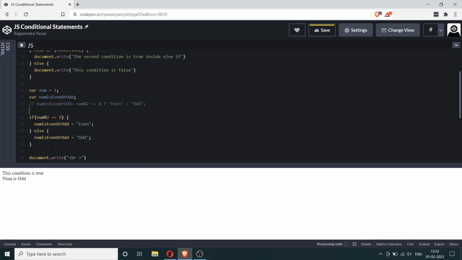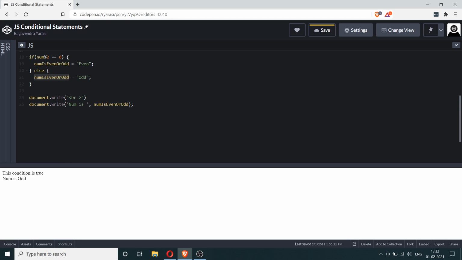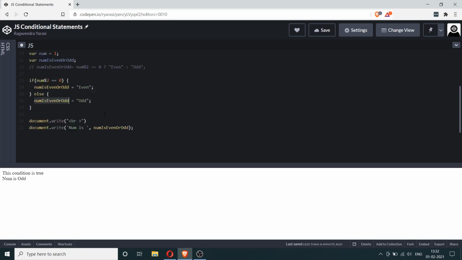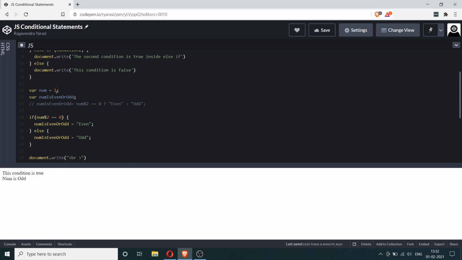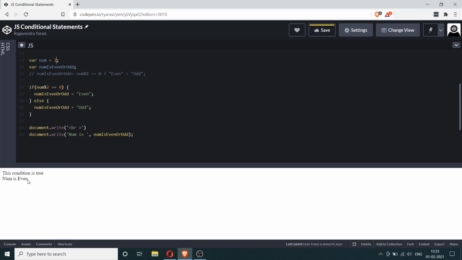Okay, so this if else statement, basically what it does is it will check whether the num is even or not. If it is even, then it will say num is even or odd equals even. If this condition is not true, then it will automatically assign this variable with the value of odd. And when we print it out, it will say whether num is even or odd, depending on what the value of num is. Now obviously it's saying num is odd. Now let's go back to making it 2 and it'll say num is even.